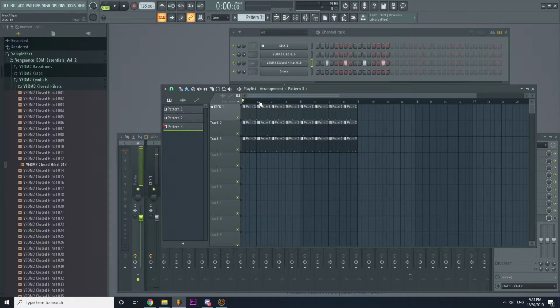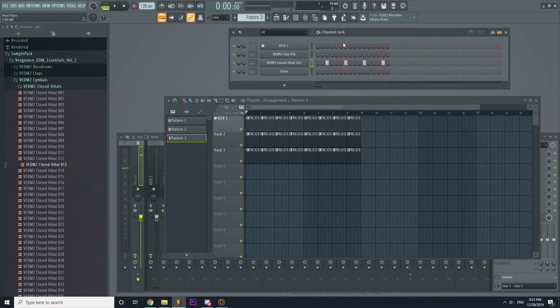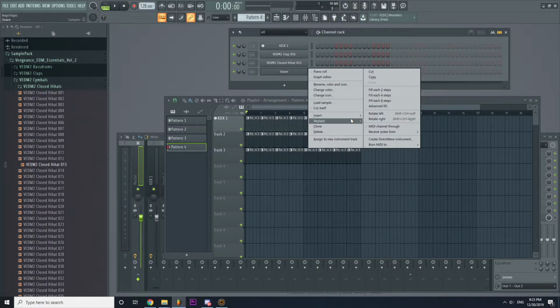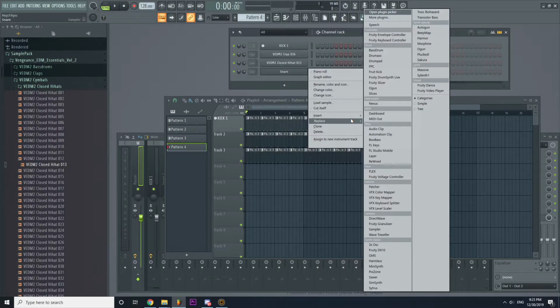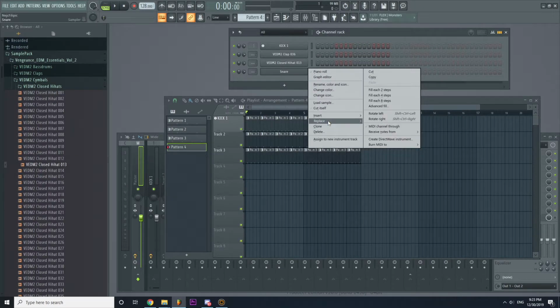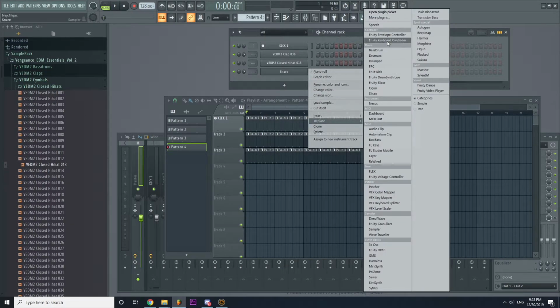Okay, that seems good. Let's add a new music. So just gonna scroll new one to get pattern 4, and the first 3 are already used. So let's go to snare, right click, replace. So now we're gonna choose an instrument instead of sample. The samples are the sounds that you can actually see from here, and the instruments, basically you can find them here. So like I said before, I'm gonna use the Nexus, or you can use even the